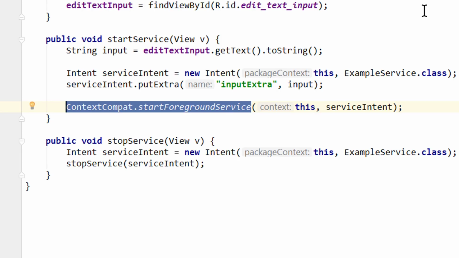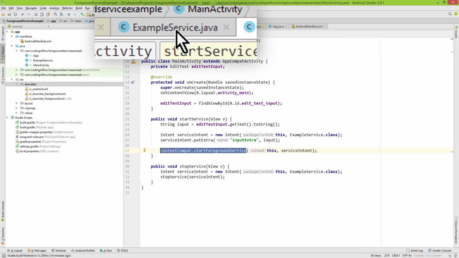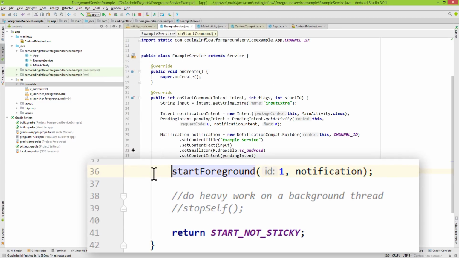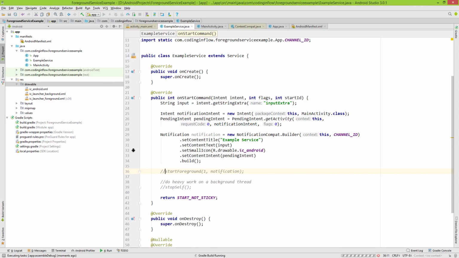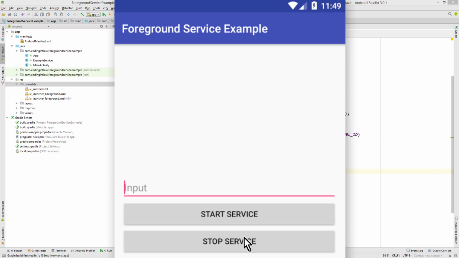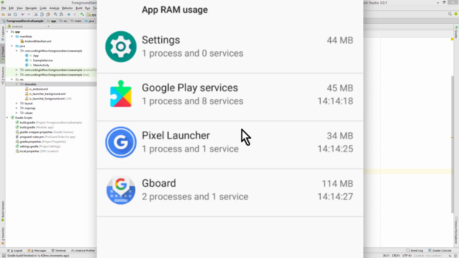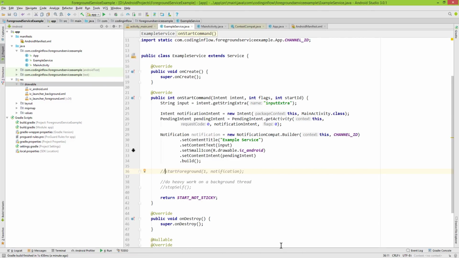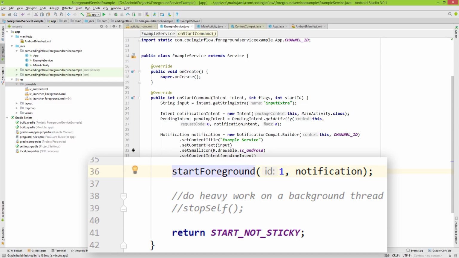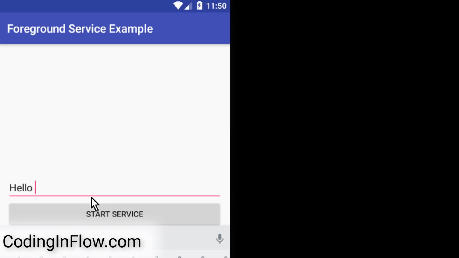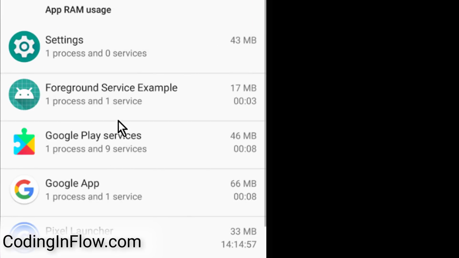Okay, and now let's see this 5-second window in action. We go into our service class again. And again, I'm gonna put a comment before startForeground. And now let's run our app again. I'm not gonna type anything in and click start service and switch over into our service list here. We can see our service is running, 4, 5, and it's gone. We only have this 5-second window. But when we delete this comment here, it will work as usual. Hello world, start service, there's our service. And it survives the 5-second window. Perfect.